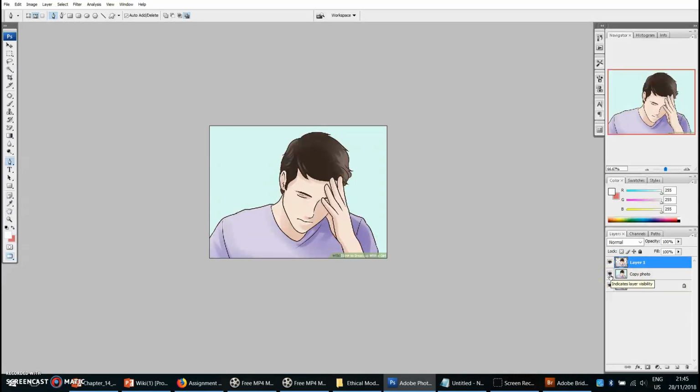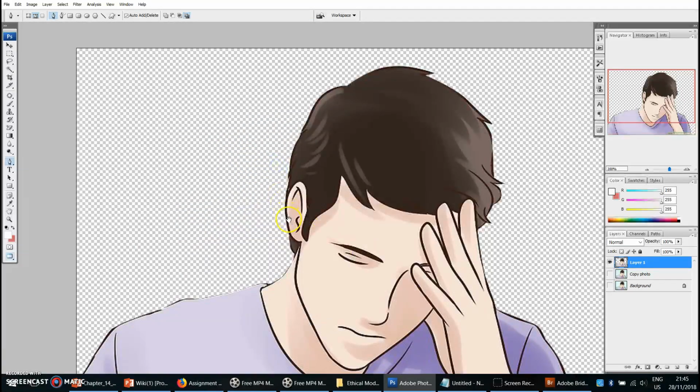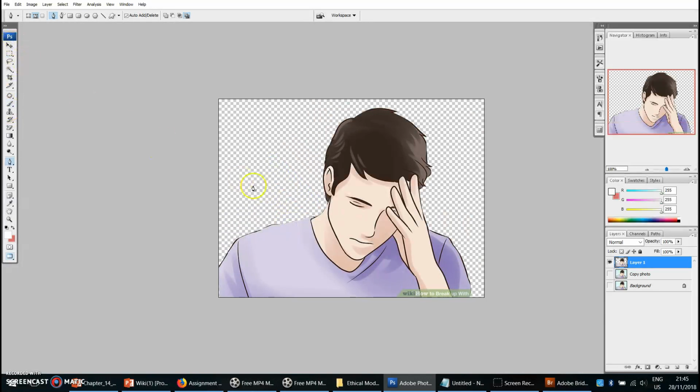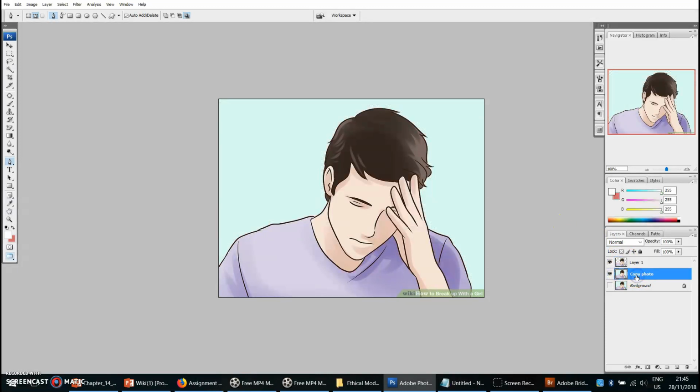So what is different? If you put like this, you will not see any difference. So what you can do is close them, copy photo and background photo. So you will see. And also here it became like this, and then go to copy photo